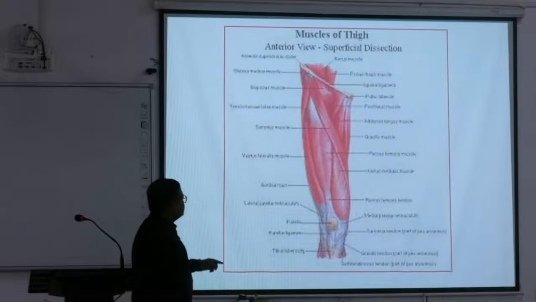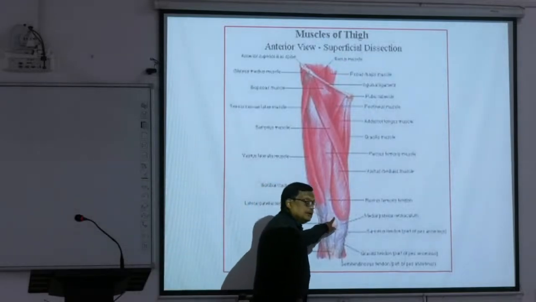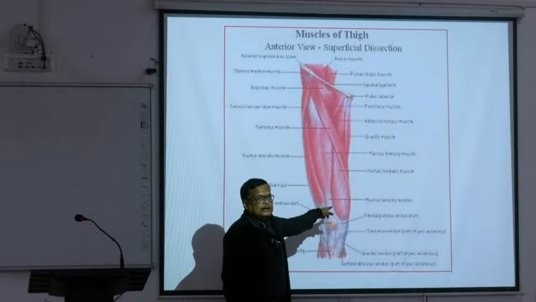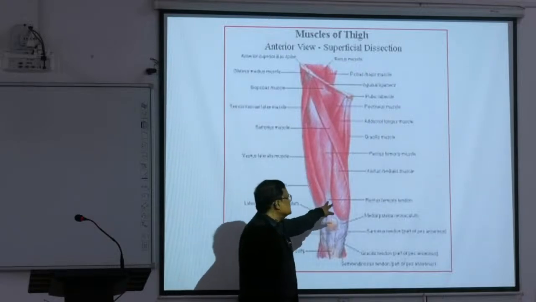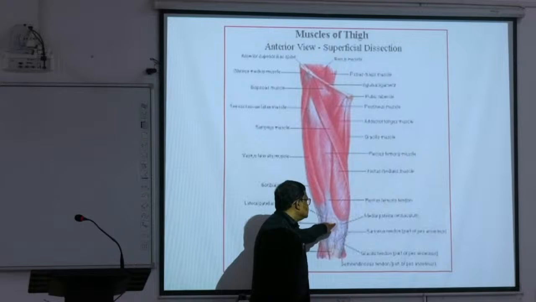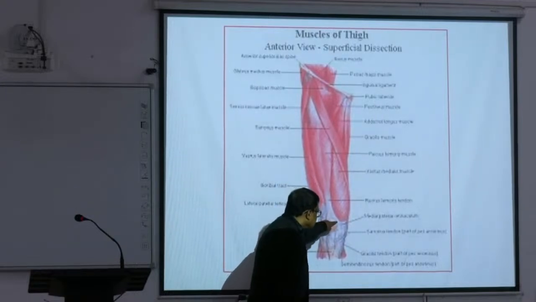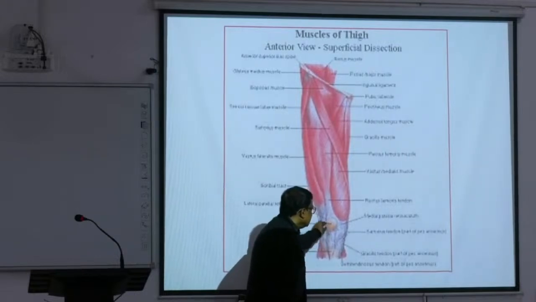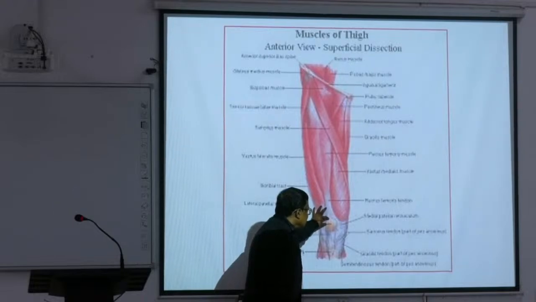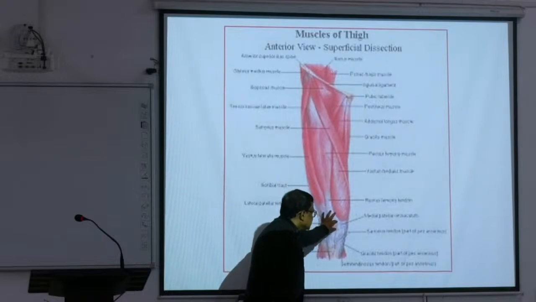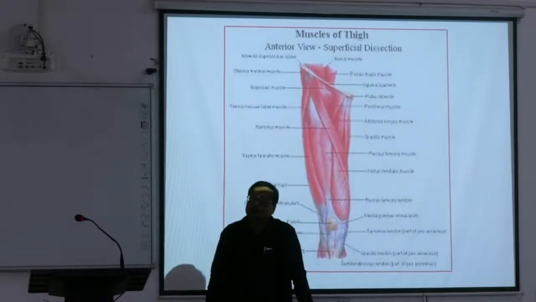Look at this very carefully. This vastus medialis, observe this well. It will be required in clinical anatomy. This is the vastus medialis. They are inserted into the margins of the patella. And vastus medialis inserts in the medial margin of the patella more than the vastus lateralis. If vastus lateralis inserts in the lateral margin of the patella for about 1 inch, vastus medialis inserts into the medial margin for about 2 inches.